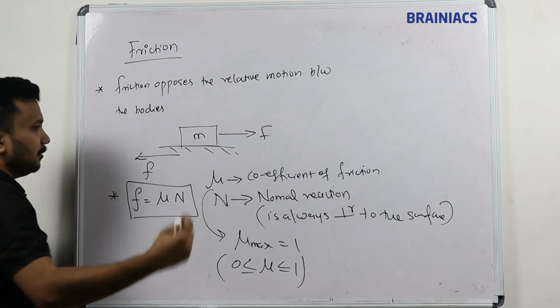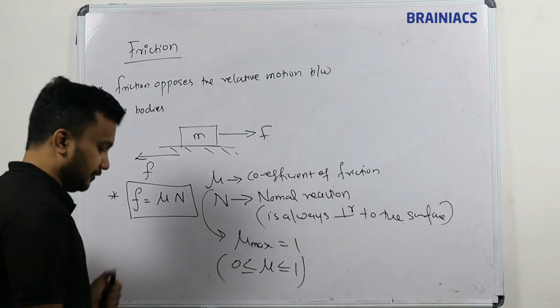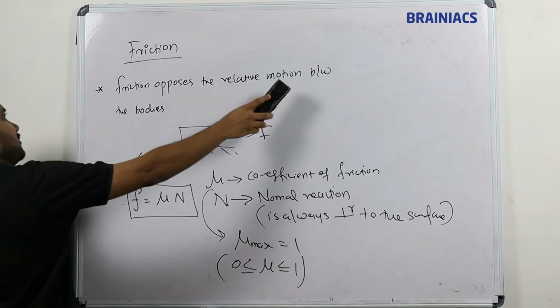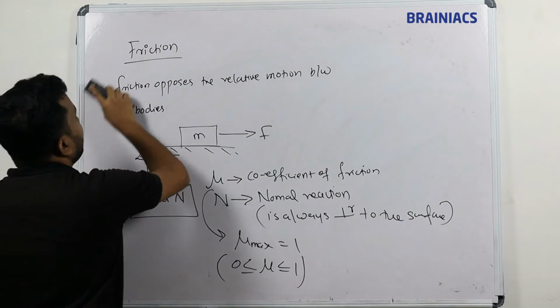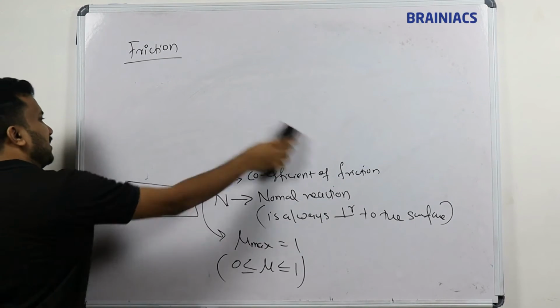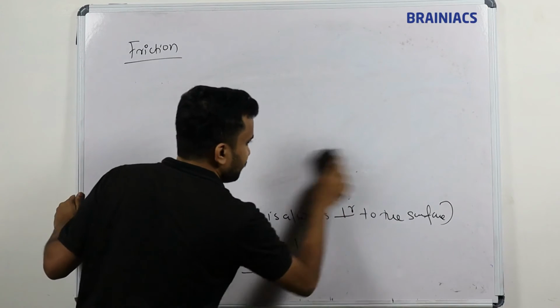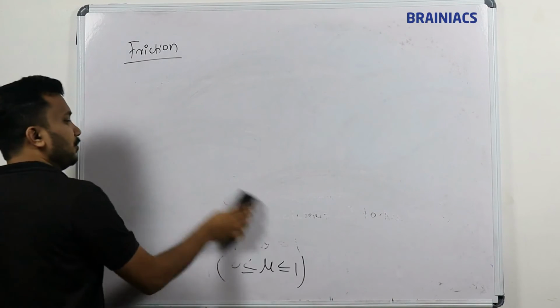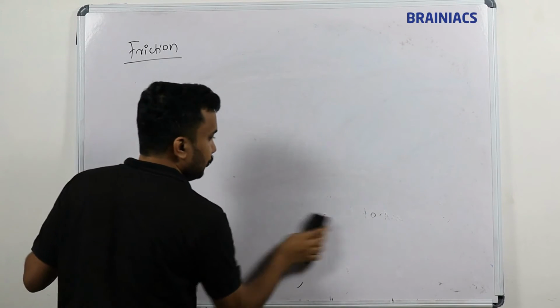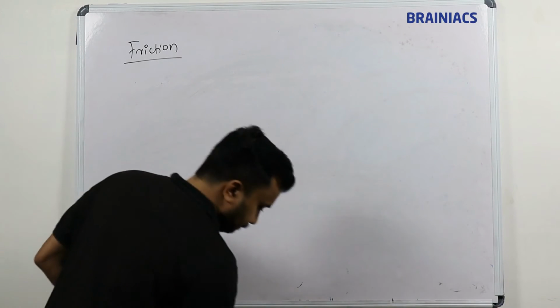These are small points, and we'll enter into the most beautiful part of this topic. I hope you have noted these. So these are some basic information: what is friction, and what is the unit of friction? Friction is a force, so the unit of friction is always Newton, and you know the formula: f is equal to mu into N, where N is the normal reaction.